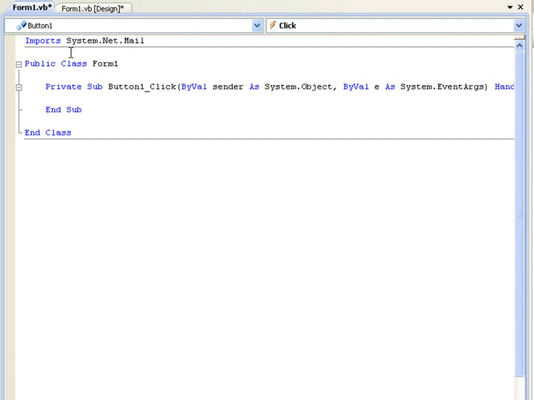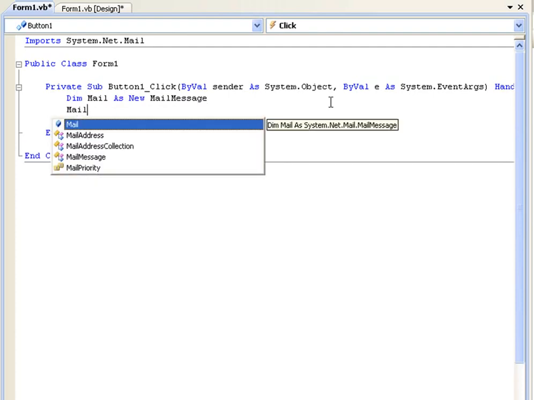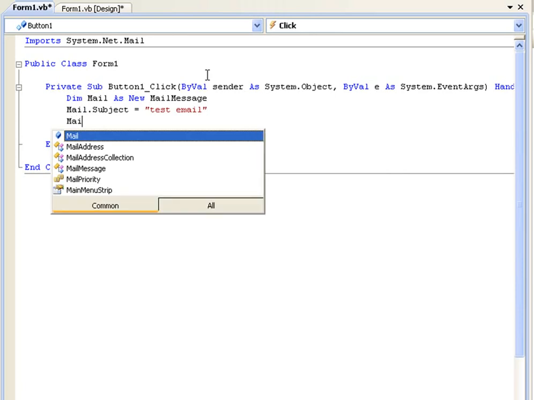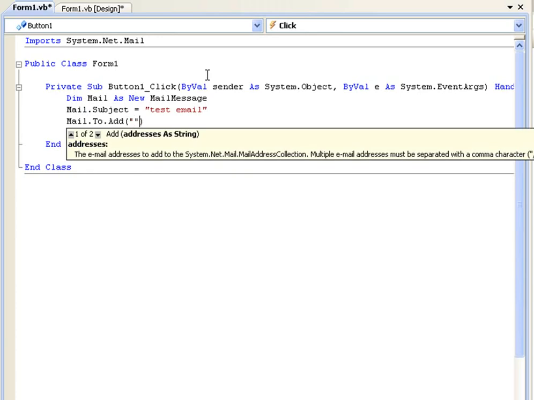So first we need to declare our mail message by typing dim mail as new mail message. Now we have our mail message, we can type mail, because this is the name that we called it, mail.subject equals, and now we're going to need to give it a subject. We'll just call that test email. Then we're going to type mail.to.add, and in brackets we're going to type your email at googlemail.com,